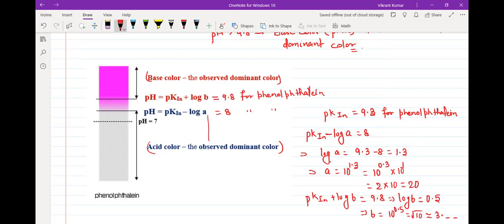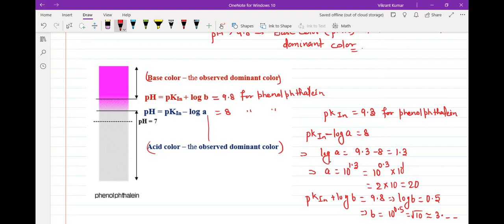Now what I told you that generally if nothing is written we say कि 10 times से ज्यादा होना चाहिए. Why we have got in one case 20 times से ज्यादा होना चाहिए, and why we have got in another case only 3 times से ज्यादा होना चाहिए? That depends on the intensity of the color also है ना. If you want colorless to be the observed dominant color, उसको बहुत ज्यादा होना पड़ेगा, उसके सामने पिंक को ना के बराबर होना पड़ेगा, then only will be able to observe it as the dominant color ना. क्योंकि कलरलेस में जरा भी पिंक ज्यादा हो गया ना तो फिर उसके बाद तो पिंक दिखने लगेगा,